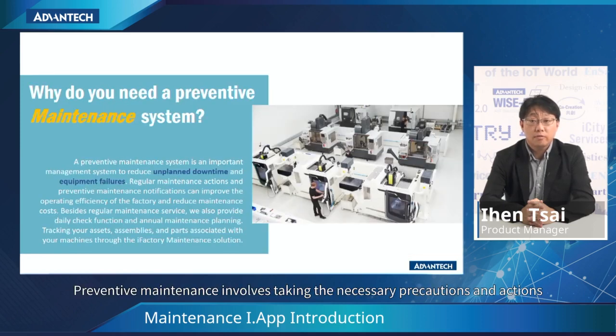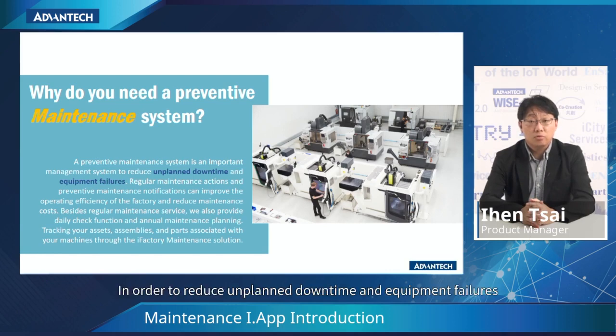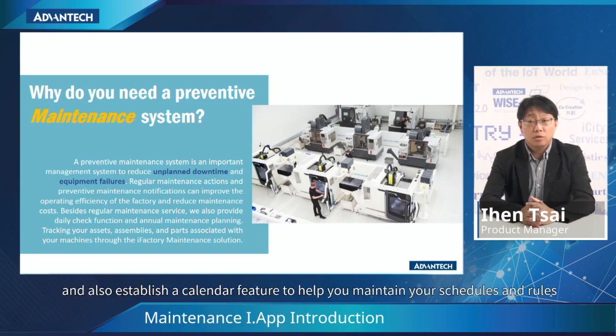Preventive maintenance involves taking the necessary precautions and actions to prevent accidents or equipment failures from occurring before they happen. In order to reduce unplanned downtime and equipment failures, regular maintenance actions are important. We provide daily checks, regular schedules, annual survey, maintenance planning, and also establish a calendar feature to help you maintain